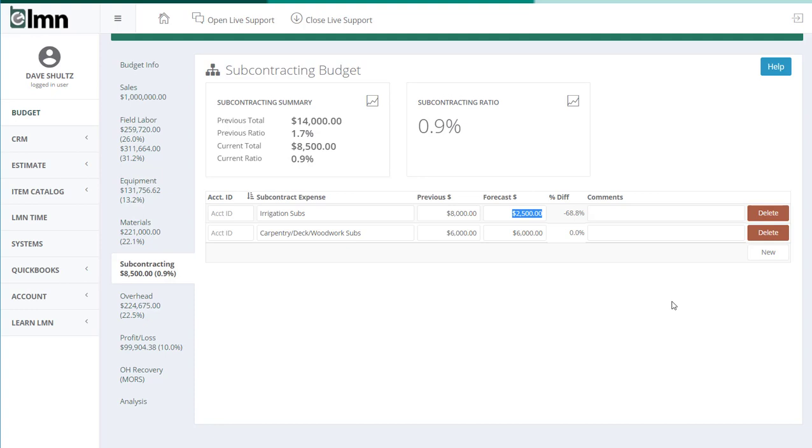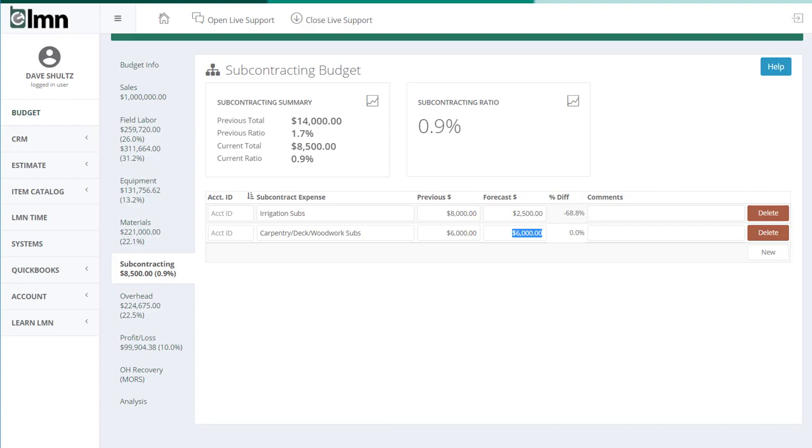For those of you that do budget for subcontractors, obviously you're going to want this total forecast to be approximately what you're going to spend on subcontractors the following year. This will be what you spent on subs last year. This will be what you expect to spend on subs in the coming year. And it's really that simple. Don't necessarily need to break it down by every single subcontractor you use. By type is fine. All that you really want to get to is a fairly accurate total as best you